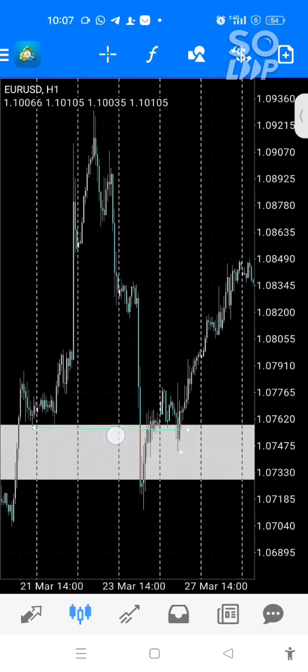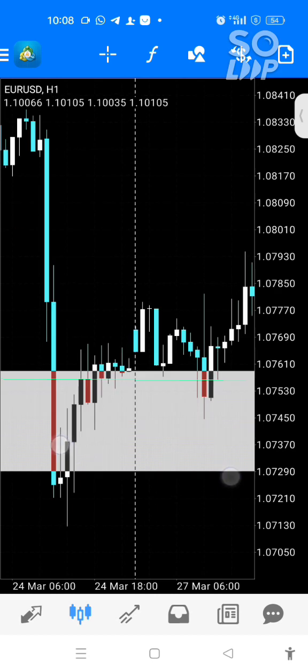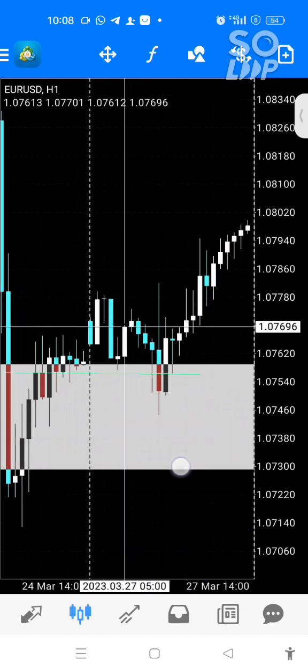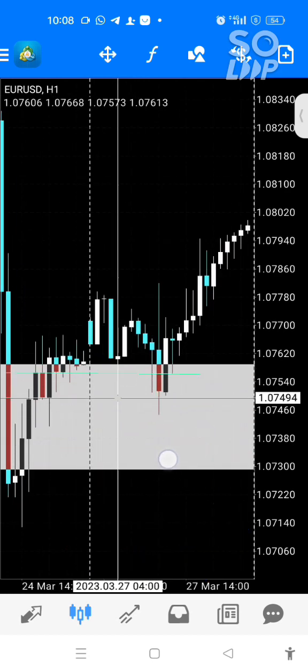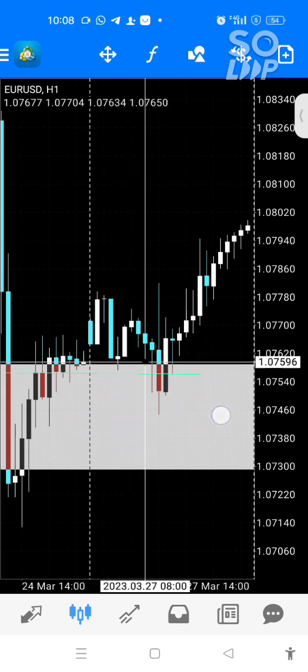Sometimes you will fail. I always say this: you can't do anything about it, but you will always get another opportunity to enter the trade. Now you have this. Let's assume you believe that this market was going to be bullish. You have this inside that same high time frame PDRA. You have another liquidity grab, right? Look at this low. Liquidity was grabbed.